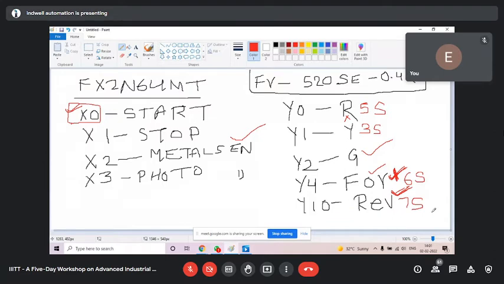Very good. X0, M0, T0, T1, Y4, Y10. Correct. It is X0, M0, T0, T1. Very good, correct.